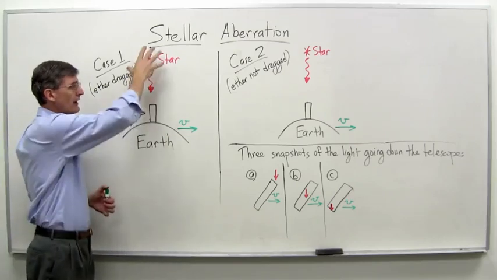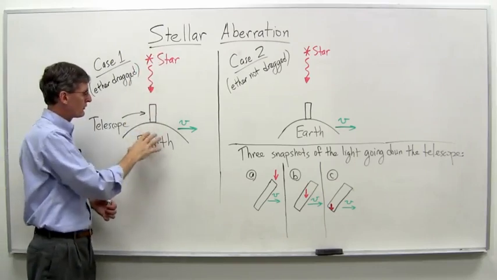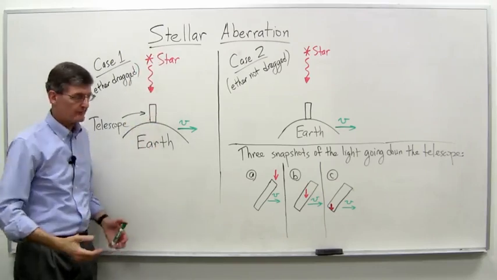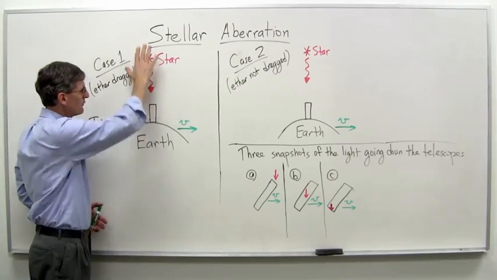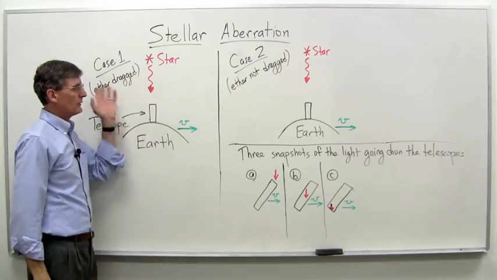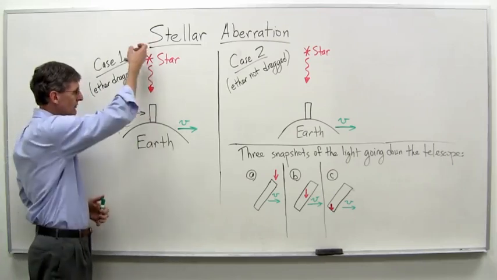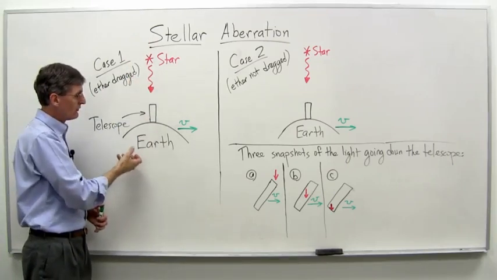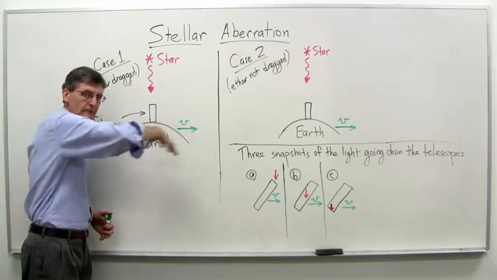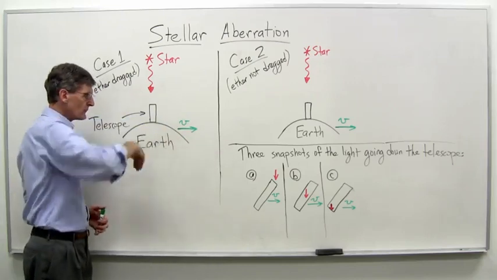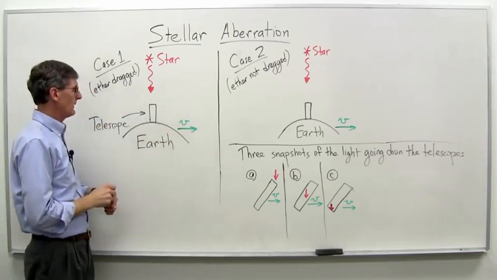And let's say we have light from a star. So let's say we have a telescope at the North Pole or someplace up close there, and we're looking at maybe the polar star or some star in that vicinity. So light essentially is coming straight down here towards the Earth, while the Earth is revolving around the sun this way at the velocity v.